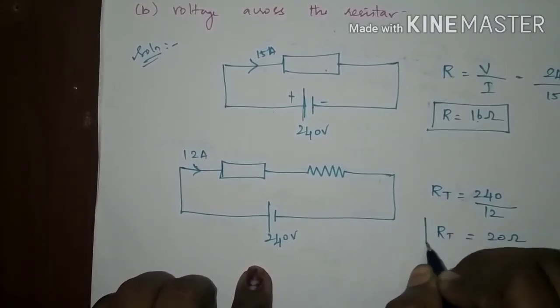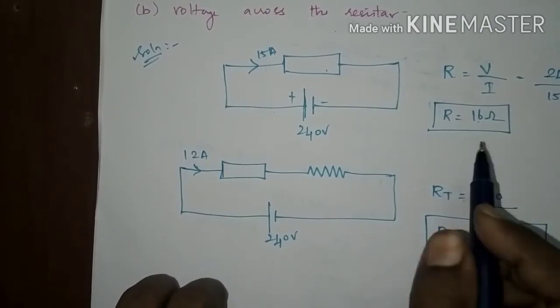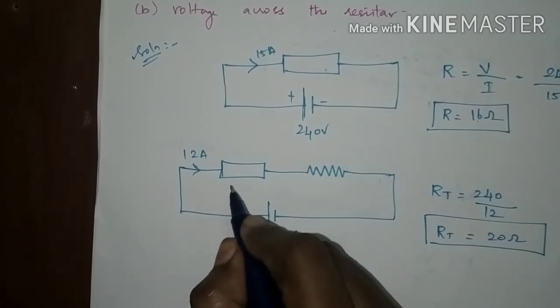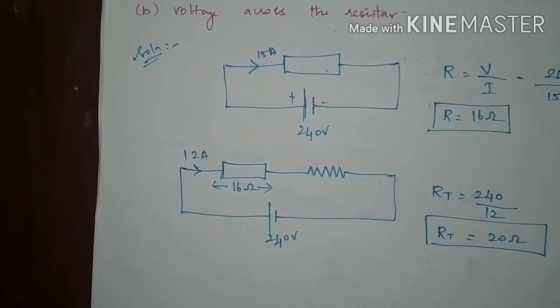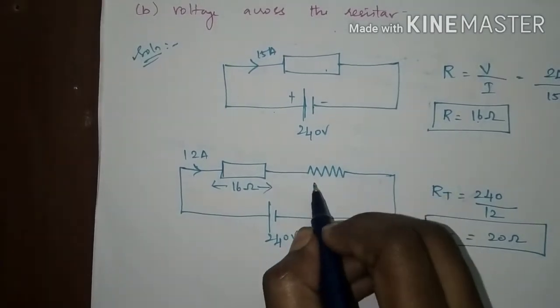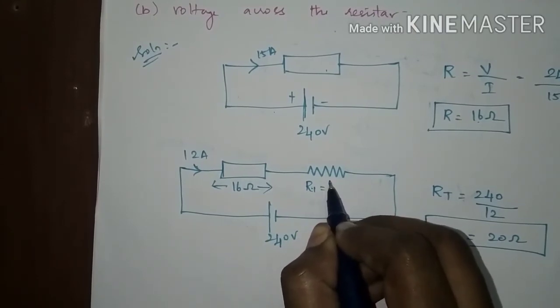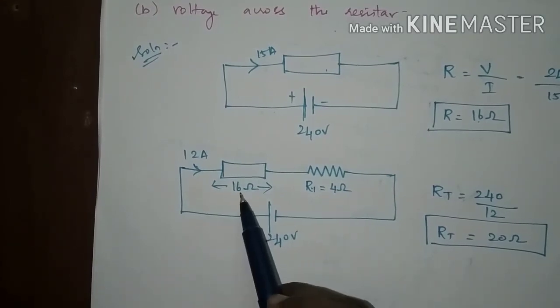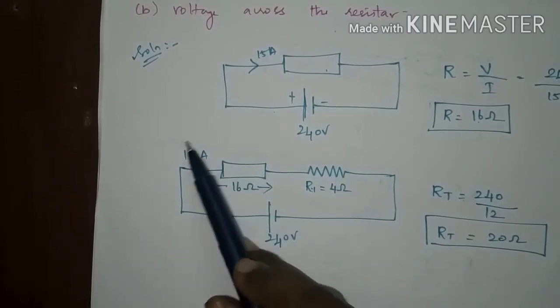The resistance is increased. Since the current is reduced, the resistance is increased. The value of resistance which we found for the oven is 16 ohm, right? But we need the value of 20 ohm. So this resistance we can take as the remaining value. So the R value which we have taken here must be 4 ohms to get the 20 ohms resistance, with 16 ohms in the oven which is already present. So we have to take a 4 ohms resistor in series to reduce the current to 12 ampere.